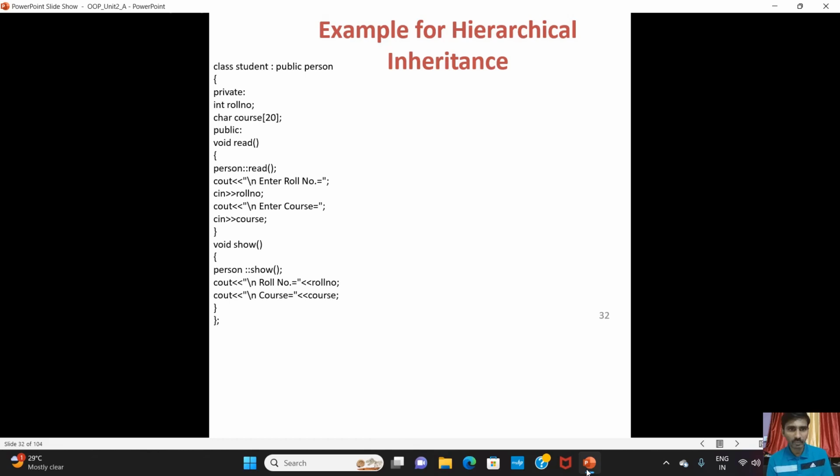Okay, then public section void read open curly bracket person scope resolution operator read semicolon, then cout enter roll number, cin extraction of roll number, then cout enter course, then cin extraction of course semicolon, then read method complete, then void show open curly bracket person scope resolution operator show method semicolon, then cout roll number insertion of roll number, cout course equal to insertion of course, show method complete, then